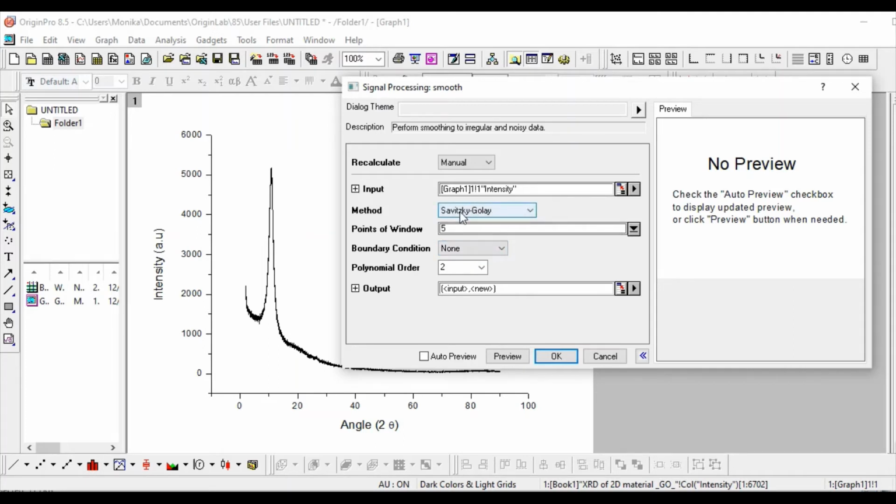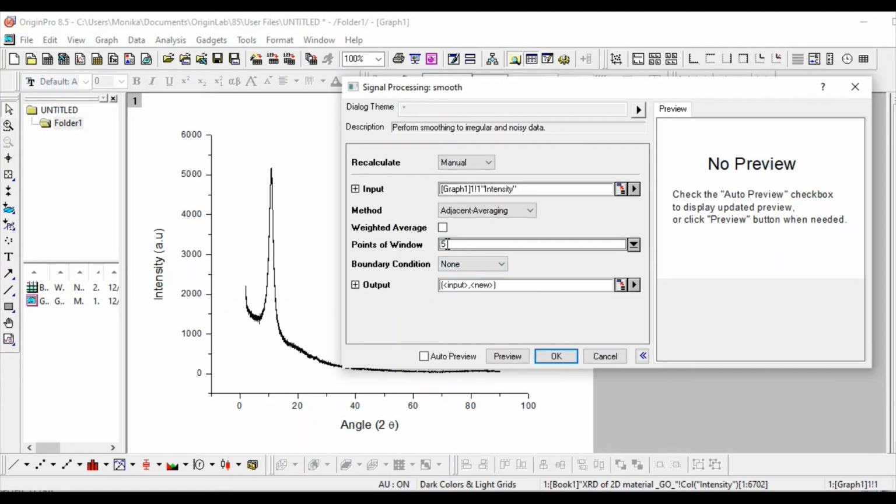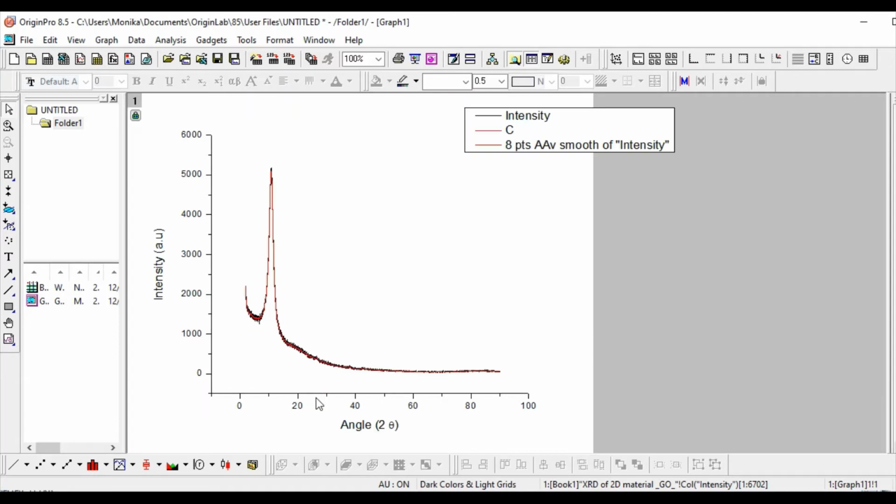Here you can change this first option. Now this is 5, so if you want a very fine line, you can make it 8, and okay. Now you can see a red line is showing, so just double click on this red line.